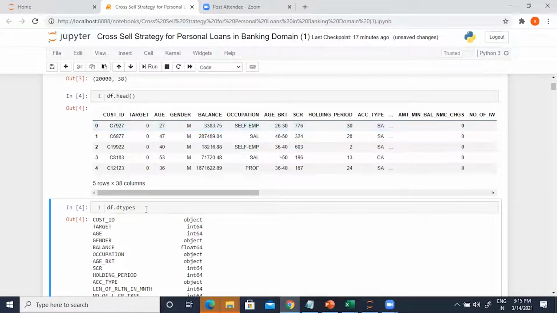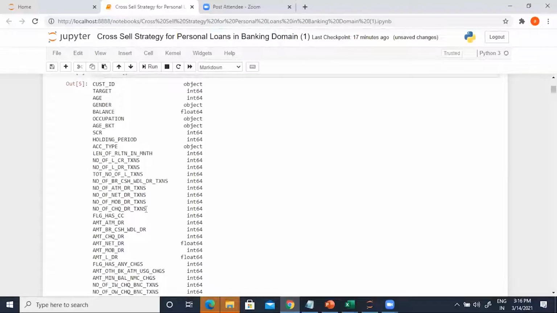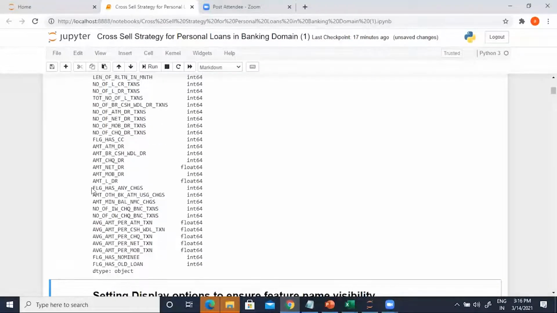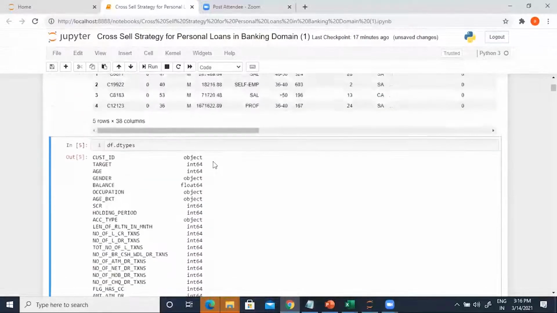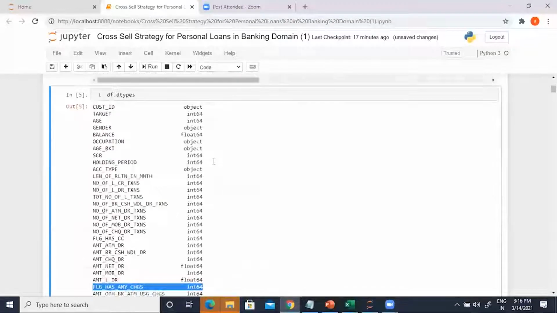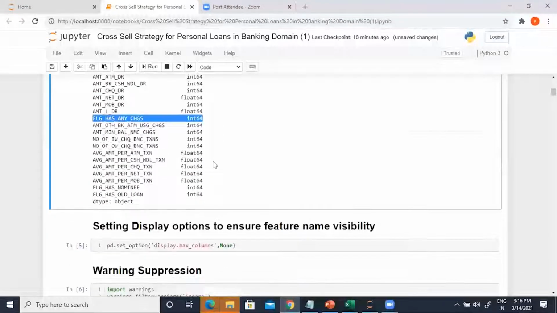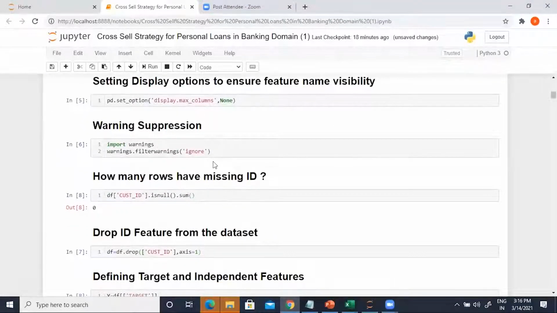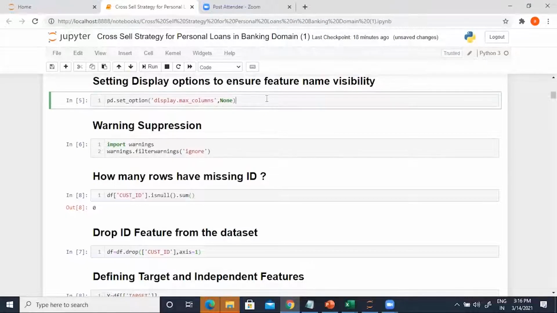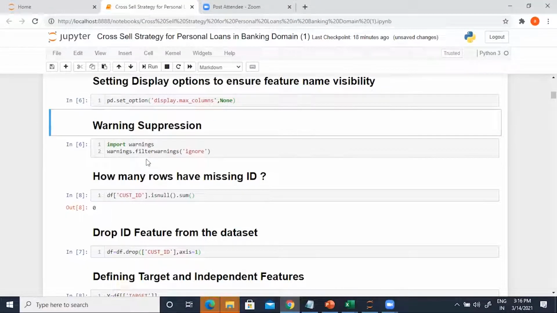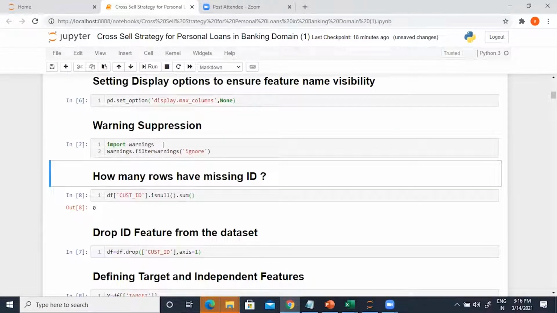Now, indicators are also numbers. So when I do a dtypes, I will not get any specific category for indicators. If you go to FLG kind of variables, you will see that they appear as numbers, so I will have to keep that in mind when I split the data into numerical and categorical. Okay, so let's now set some display options, display max columns so that nothing gets truncated, and suppress the warnings.